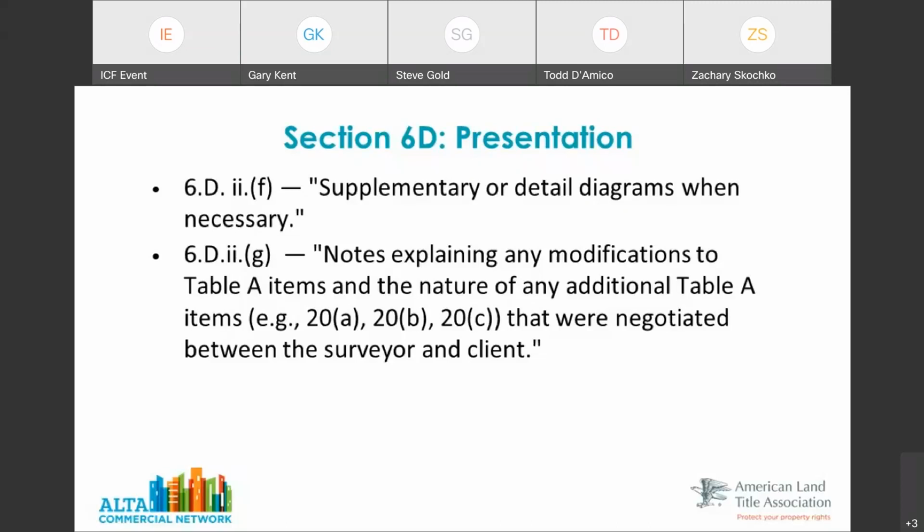Let's say the surveyor and the client negotiate that piece. Well, once it gets into the HUD review, if there's something extra on the survey and in the surveyor certification, 20A is there, but the surveyor doesn't disclose what was negotiated, well, then you don't know what that is. So this area says, okay, well, anything can be added between the surveyor and a client, and whatever was negotiated, but we need to list what that is. We need to explain what that is so other parties in the transaction have a clear understanding of what was asked to be done and what else might be on the survey.